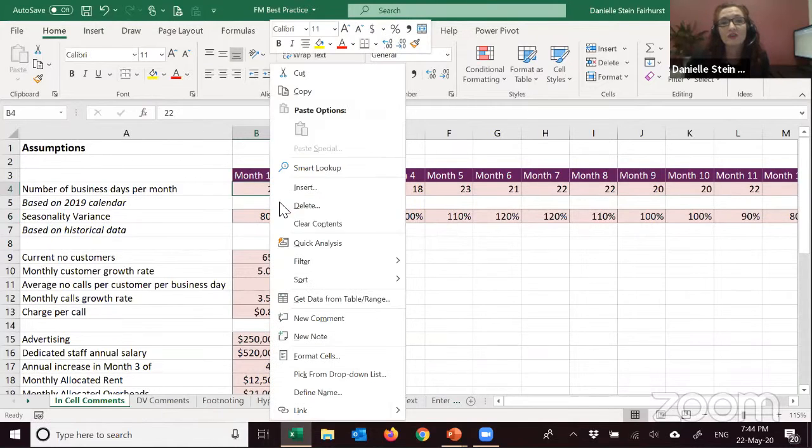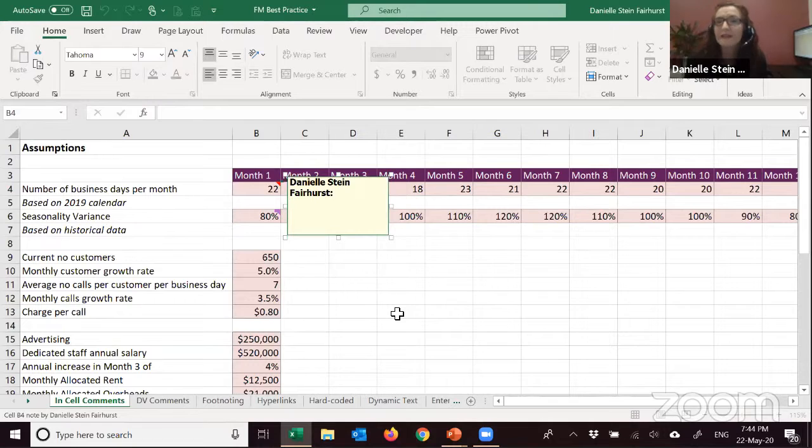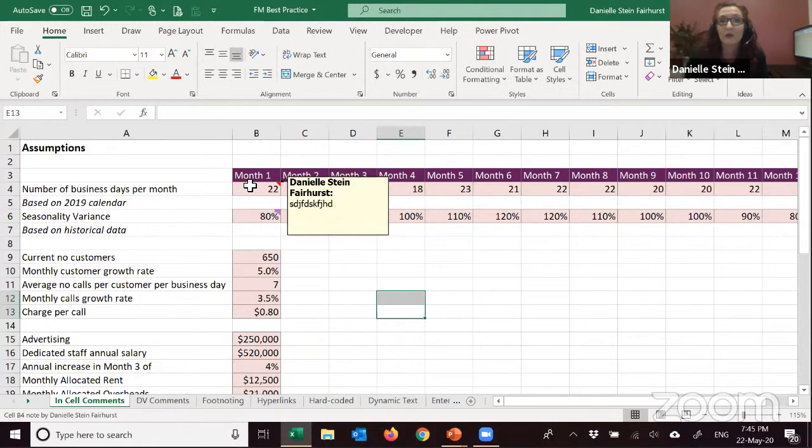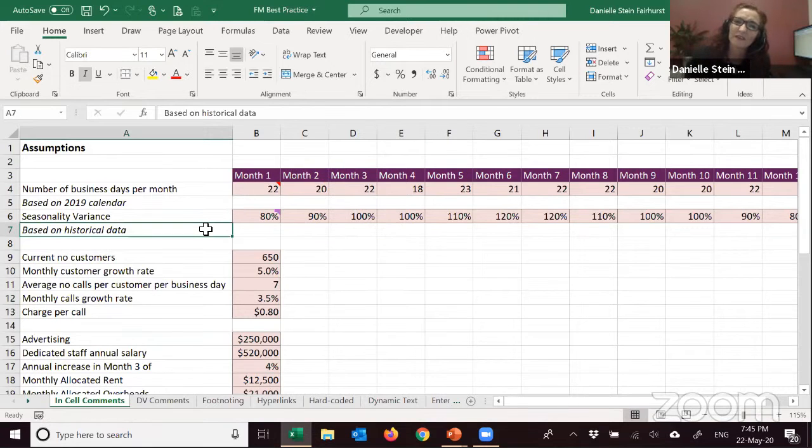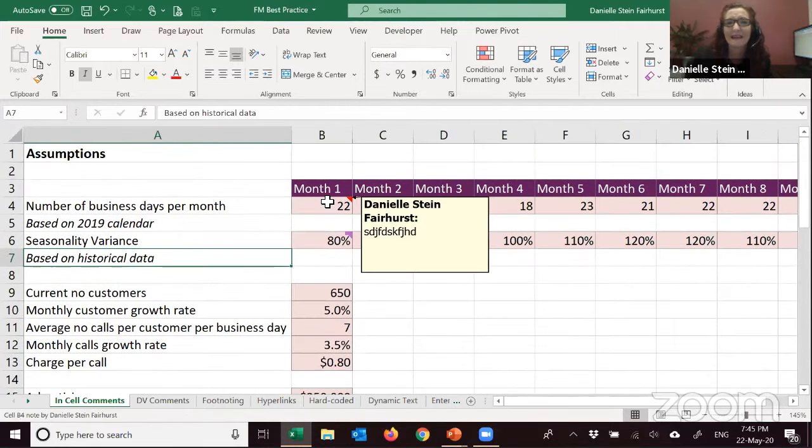The other thing you can do is put in a note. It's now called a note. That used to be called a comment. Comments are now the other thing. This is the note. So you can put in some kind of comment in here, and that will create the little red flag. I don't use those terribly much. I find them a little bit messy, and people don't really see them unless they hover over them.